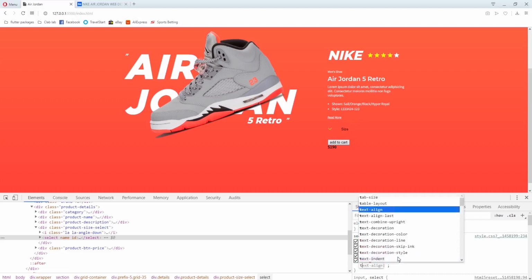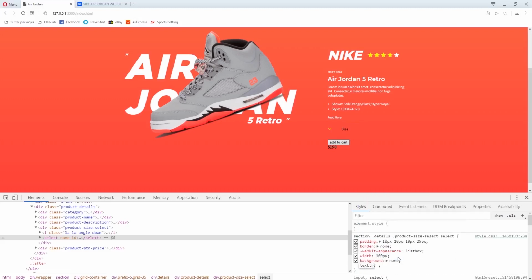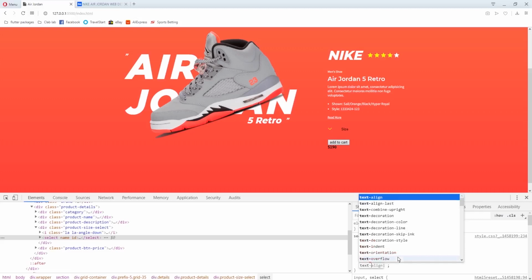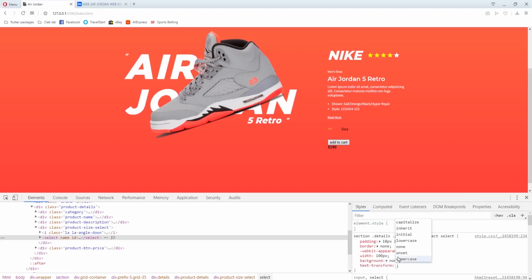then text transform. Text transform should be uppercase, font size to like 6 EM. No, 0.6 EM or 0.8.